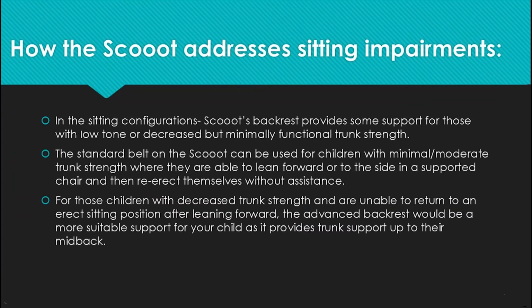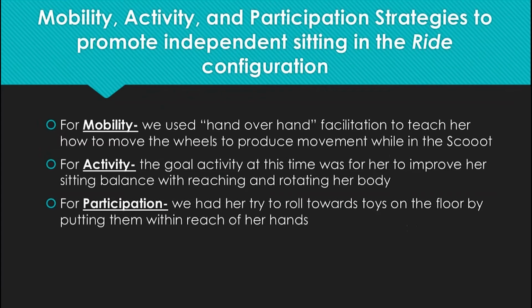That's perfect. So what are some mobility, activity, and participation strategies? These categories I'm using are from Firefly's Activity Programme, which outlines activities through a model that focuses on mobility, activity, and participation. I will use this model to demonstrate strategies on how to use the Scooot in its various configurations. So for Jane, for example, she started at stage 2 for the Scooot in the ride configuration,